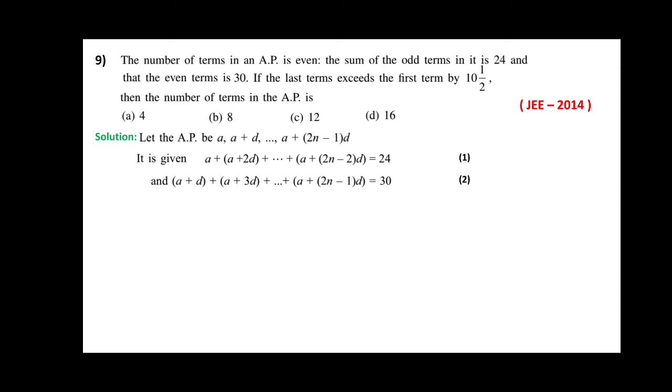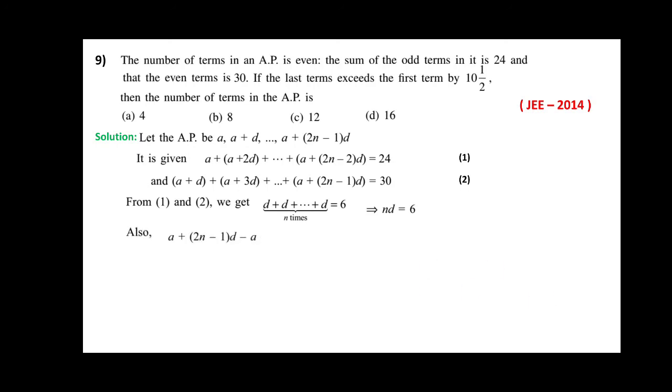Now here, solving the first and second equations by cancelling A and D, and also 30 and 24. So after all the calculations, I am not doing all these steps here. After the cancellation, D remains n times in the LHS part, and in the RHS part we have the difference 30 minus 24 is 6. So D is adding n times, which means ND is equal to 6. And now we can use this ND is equal to 6 in the next steps.